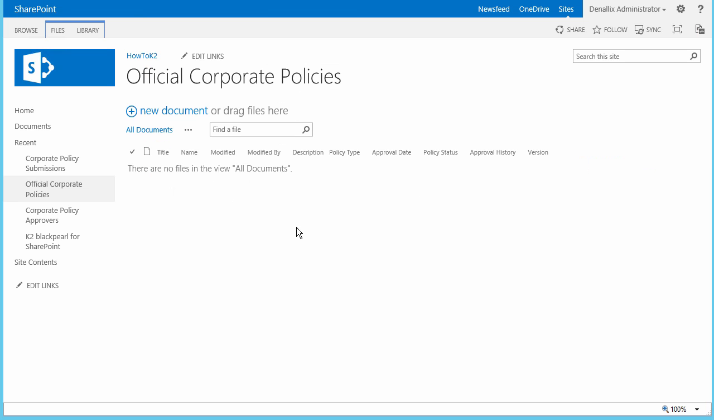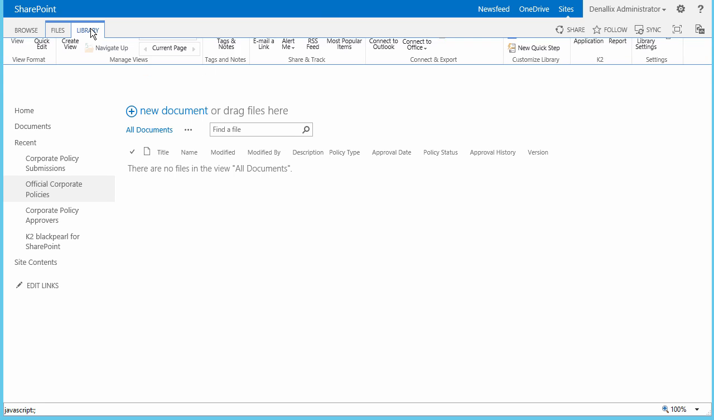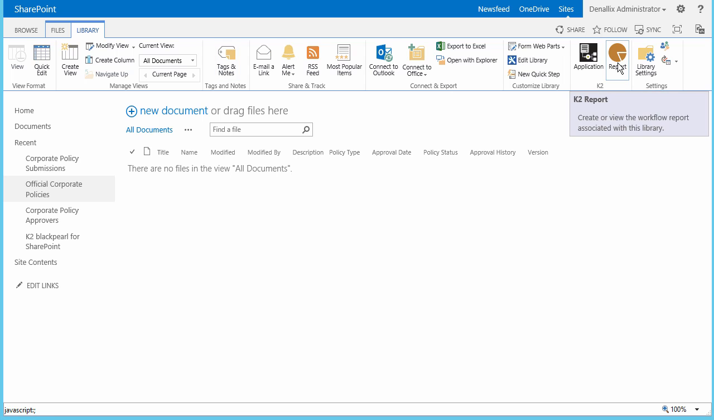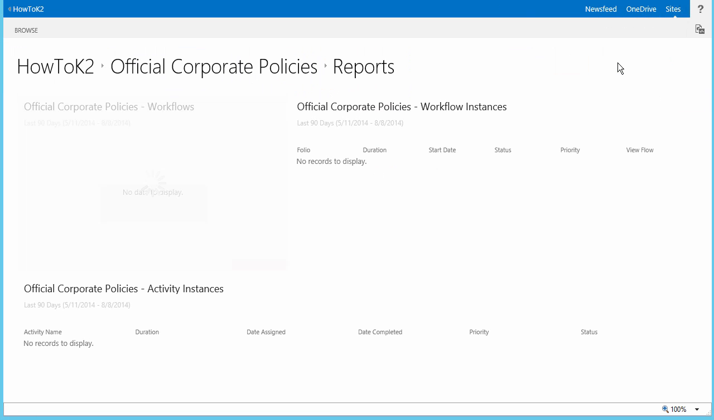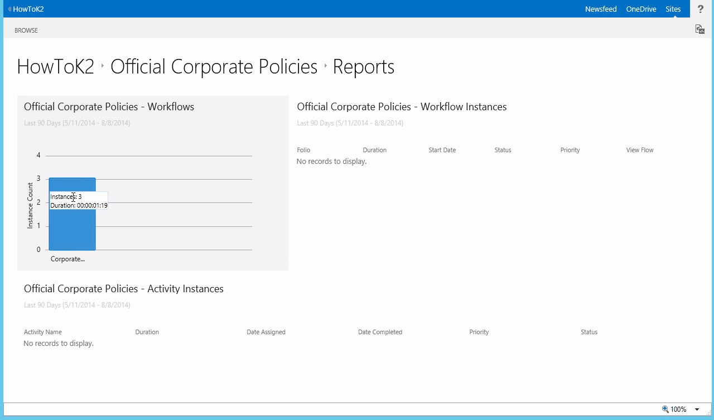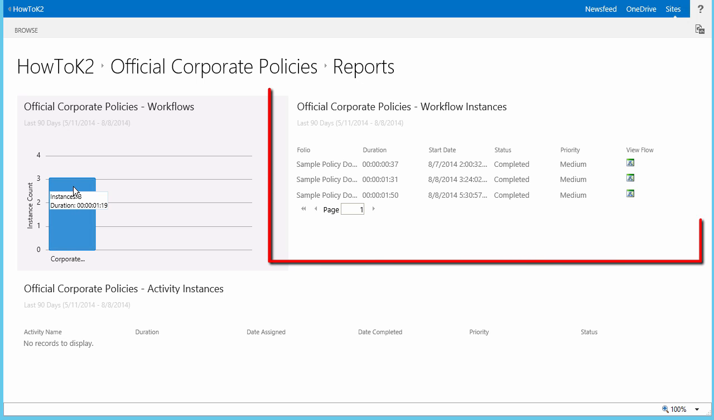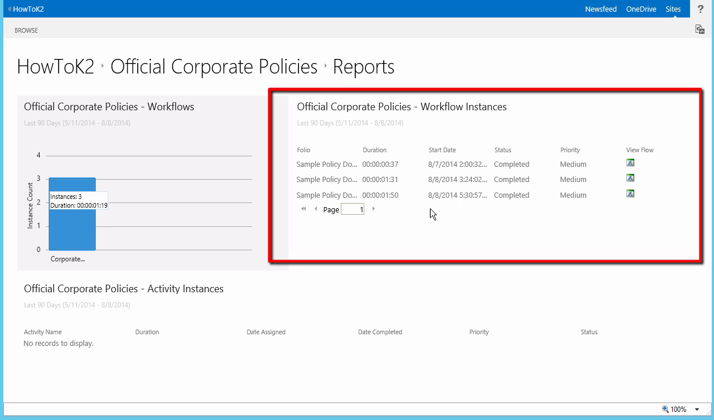We can also review the workflow history information about this remove process we just ran by looking at the K2 reports we configured back in our build step of the workflow when we designed it. You can open the K2 report page for this library from the K2 group of buttons in the library tab at the top of the page. Notice that we have some instance information listed in the workflows bar chart. I'll go ahead and click on the instance that we just ran to populate the workflow instances report here on